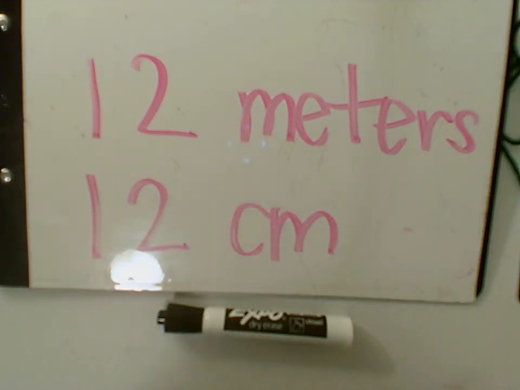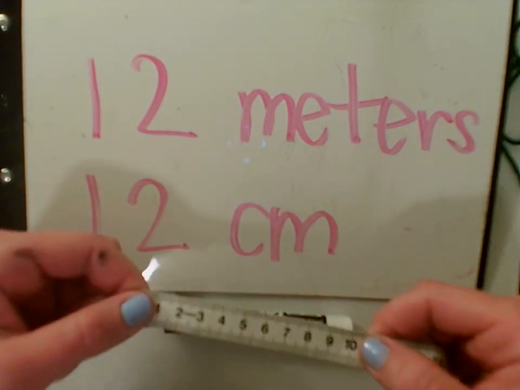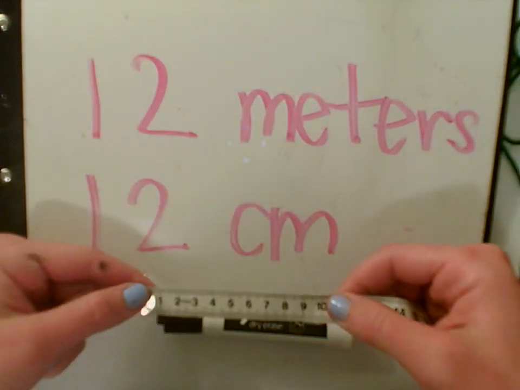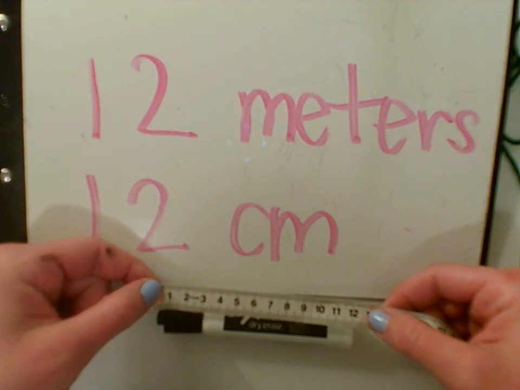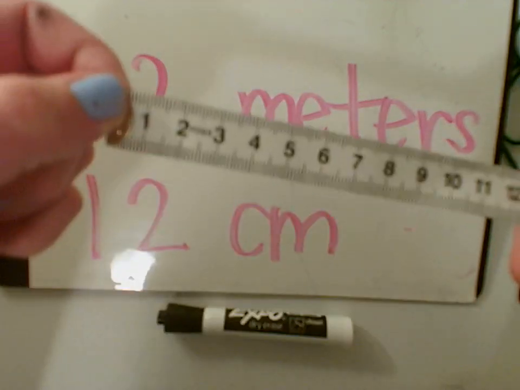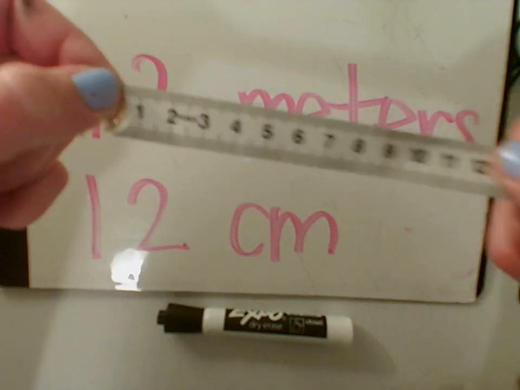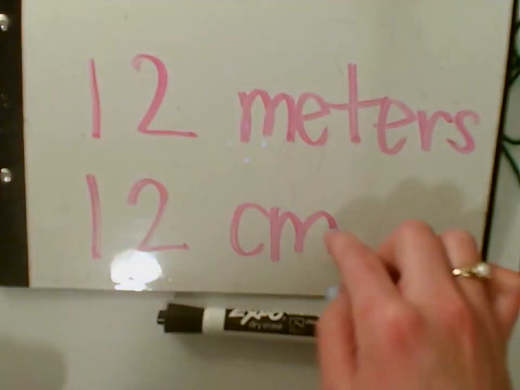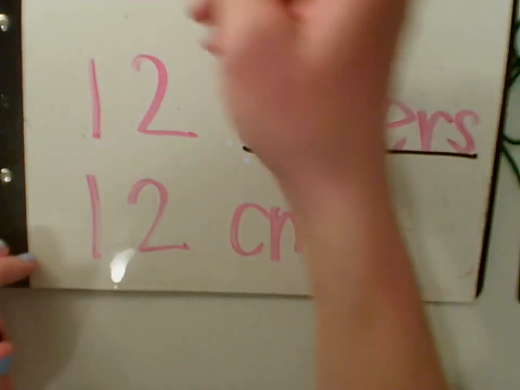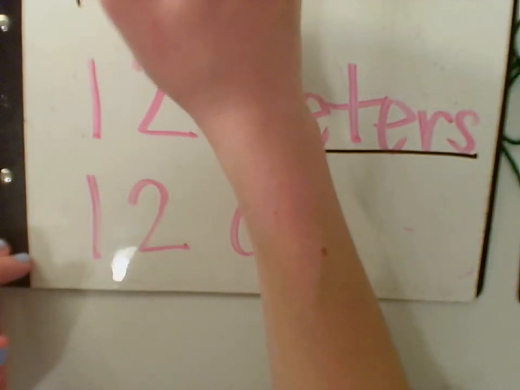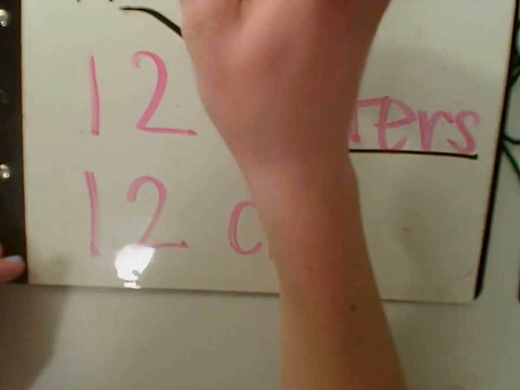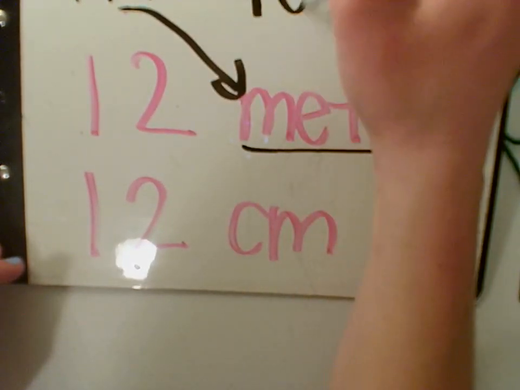Well, if I get my little tape measure out to my centimeter side, I'm going to line it up at the end and measure across. It is 12 centimeters long. 12 centimeters. Remember, just 1 meter, or 1 m, which stands for a meter, is equal to 100